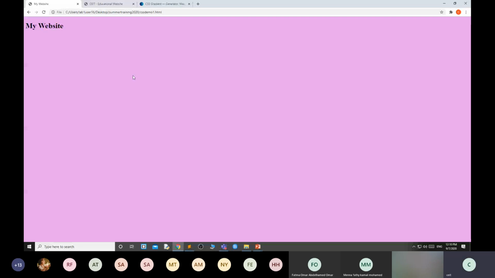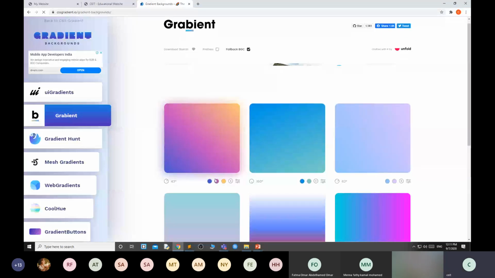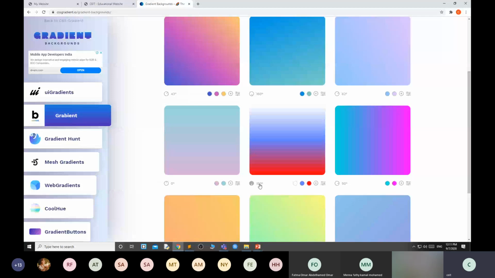Go to CSS gradient backgrounds. See, these are the different color palettes. Suppose I want this type of shade. You can also move it by degree, because this is based on degree.